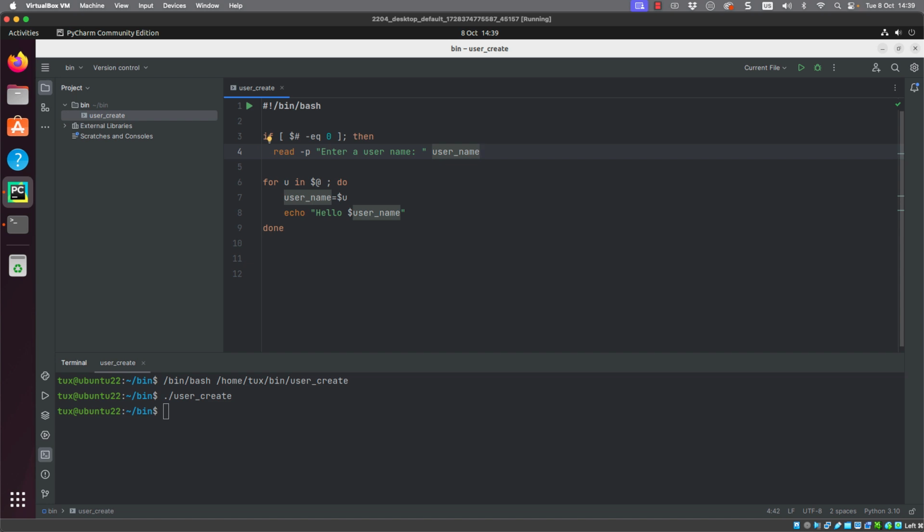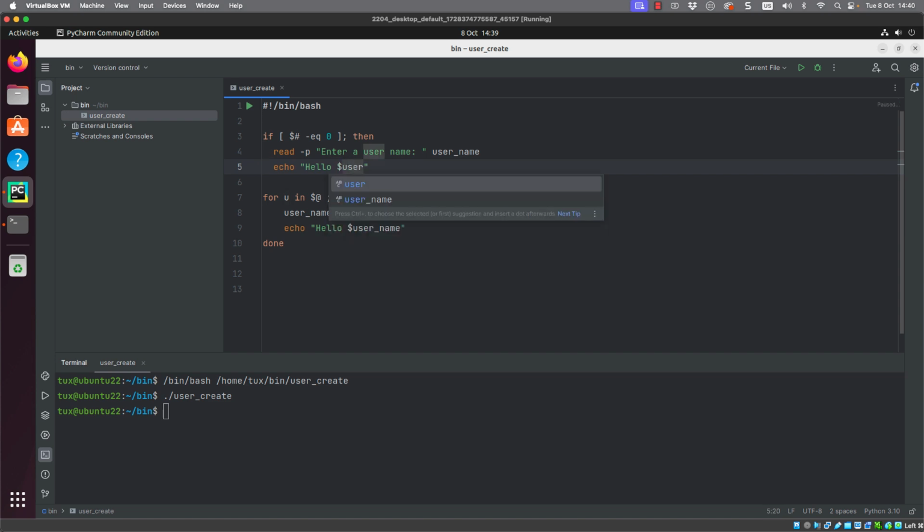So we're going to be populating the username variable with whatever input the user puts in. We're then going to echo out our hello and $username. That's the end of the block of code, the code that we need to run if we haven't provided arguments.